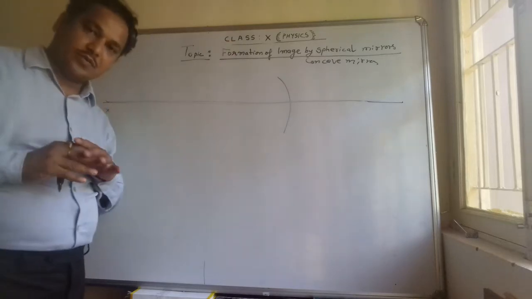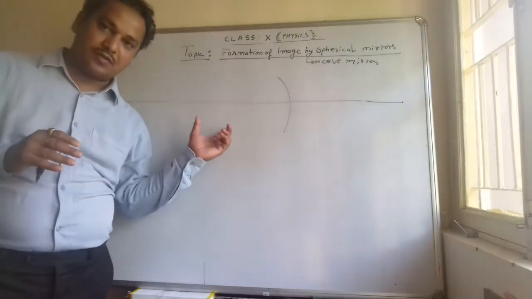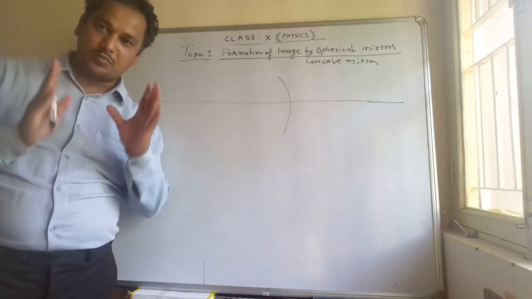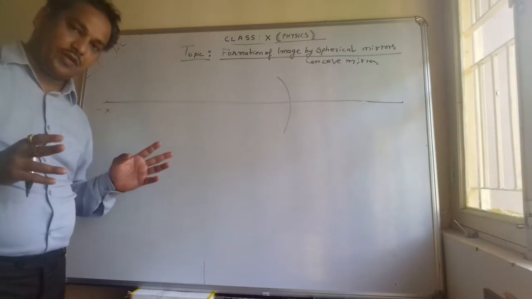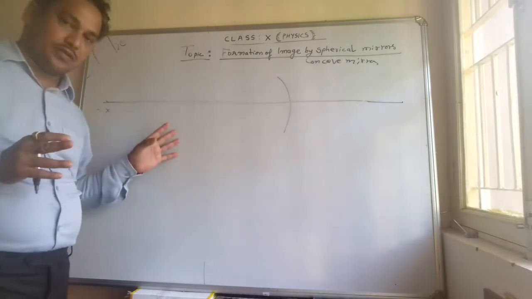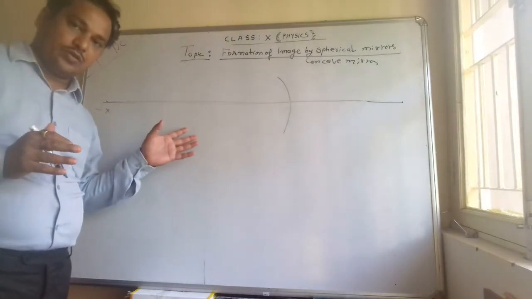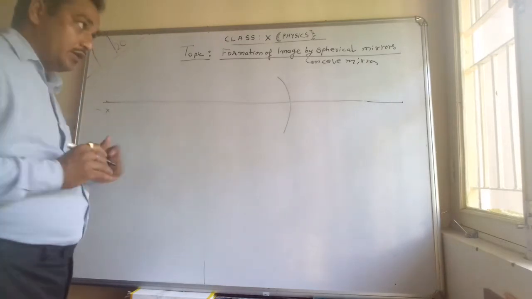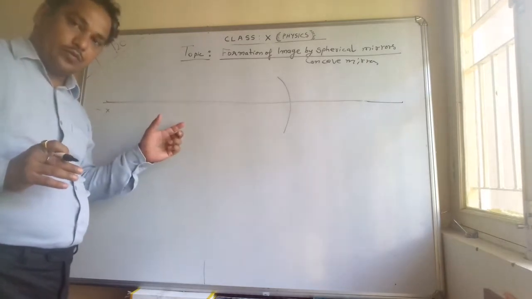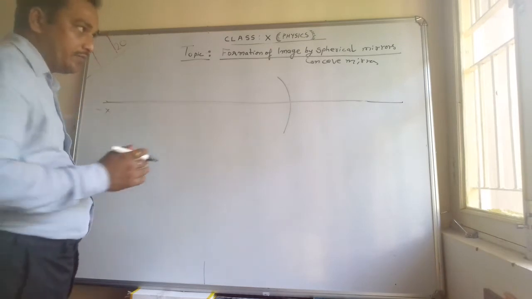Today we will discuss the image formation by spherical mirrors when an object is placed in front of the mirror. As we are already aware of the new Cartesian sign convention and the four rules which we have discussed earlier in our other classes, we will apply all these four rules in the case of the concave mirror here.